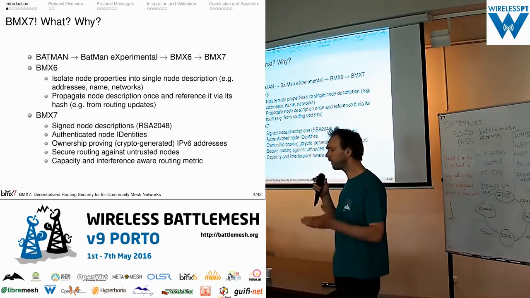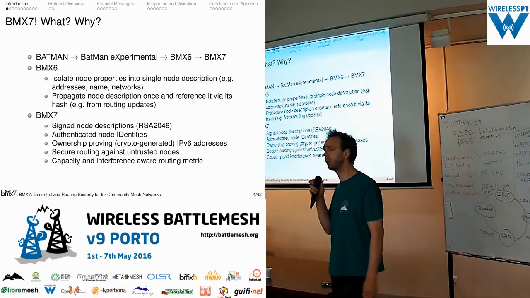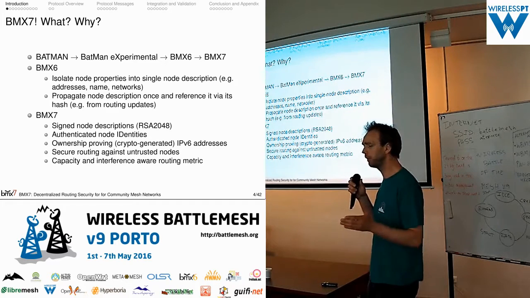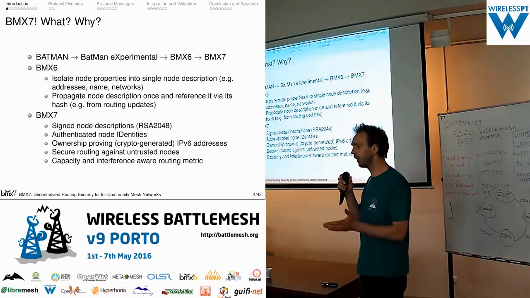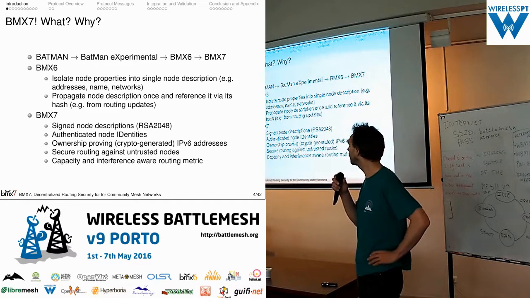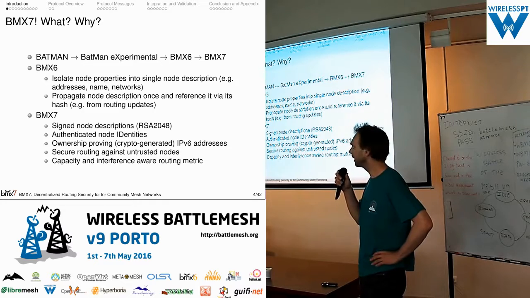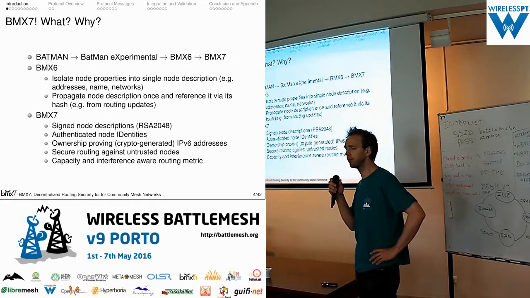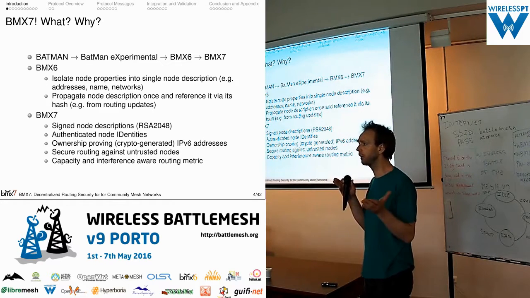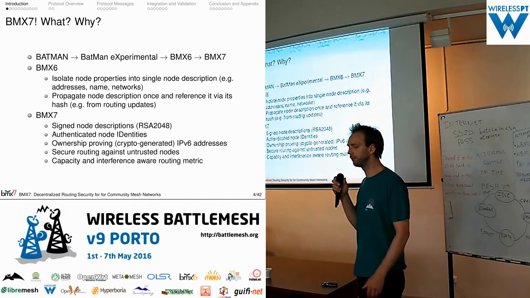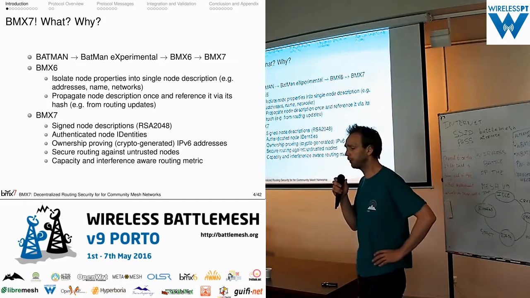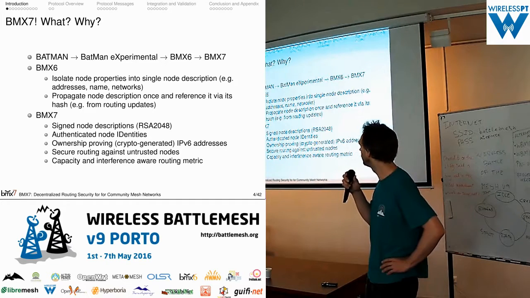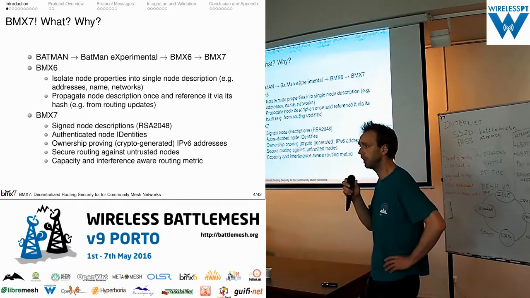Now that I have a description and isolated such things, I could add more to the description, like a signature, and a public and private key. This way I can identify nodes reliably, because I can verify the authenticity and the signature of the description. I can authenticate identities. I can give cryptographically generated addresses to nodes, and this way have a proof of ownership, so that a node cannot simply claim an address that is already given to somebody else. He's not able to create this cryptographically generated address. These are concepts also from CGDNS and GNUnet.